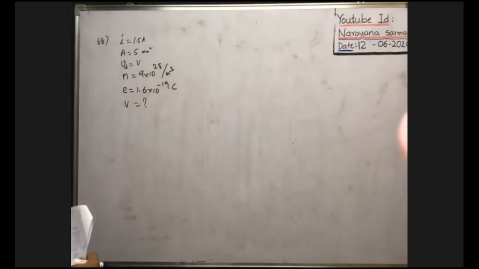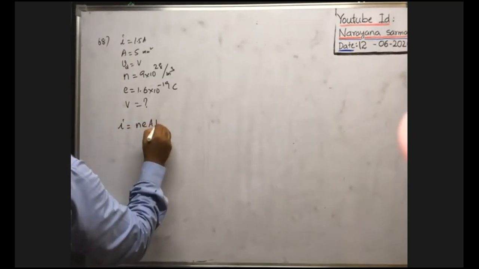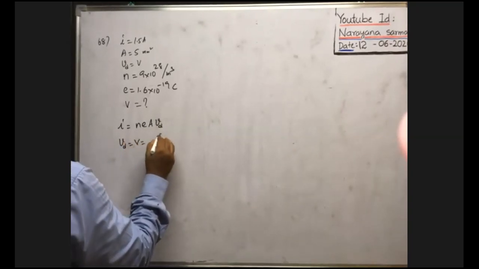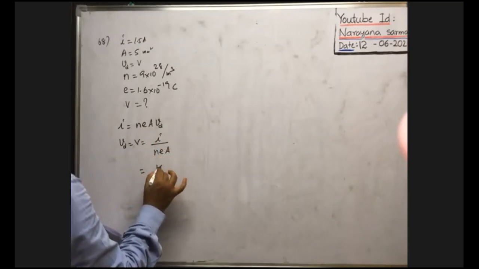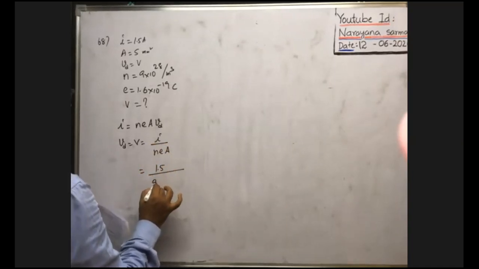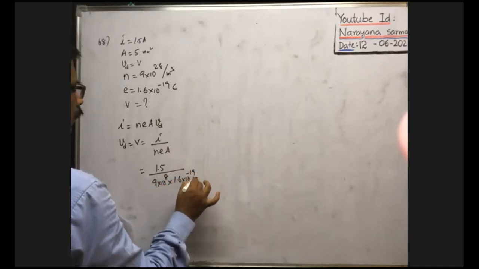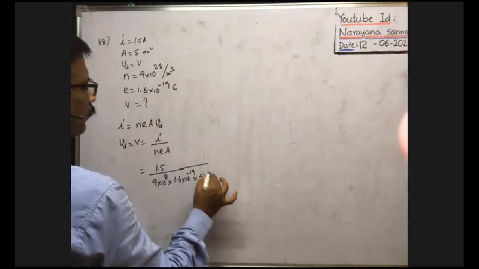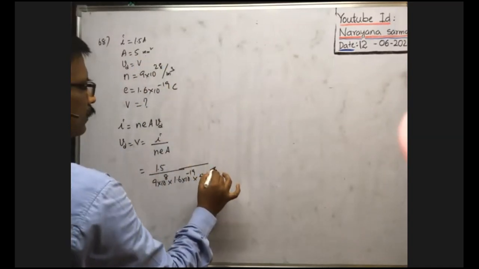In millimeter per second they asked. What is the relation among them? Current I is equal to nеA into v_d, no? So from this v_d is equal to V, that we have to find, I by neA. Now you substitute the data. While substituting here, you substitute in SI system. 1.5 by n, means 9 into 10 to the power of 28, into charge of the electron 1.6 into 10 to the power of minus 19, into area of cross section, that is given in millimeter square. So 5 into 10, you see, 1 millimeter means 10 to the power of minus 3 meters. Square is there, means 10 to the power of minus 6 meter square.